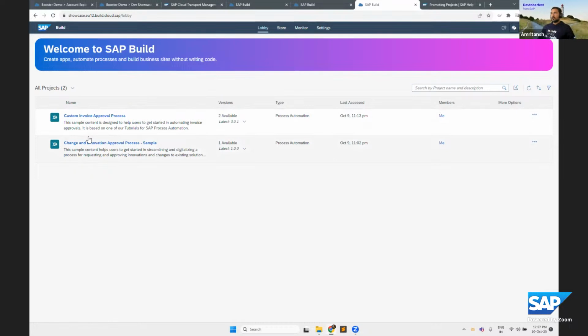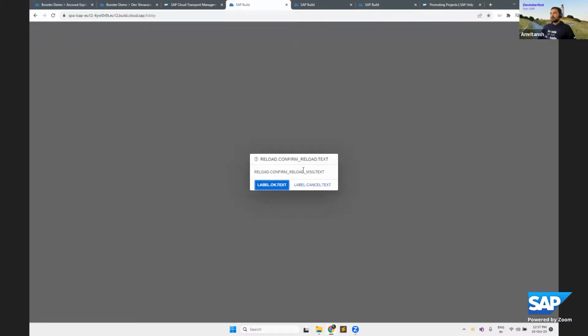Once I make sure that everything is tested in dev and test, as a DevOps I can get a go-ahead and then deploy the application to the production landscape, pointing to the backend systems of production. So that is more or less the flow that an IT admin along with a citizen developer would use to promote content from dev, test, and pro.